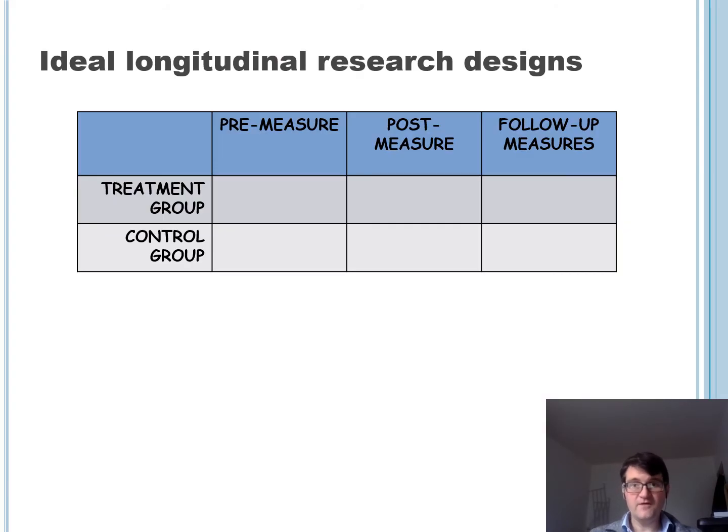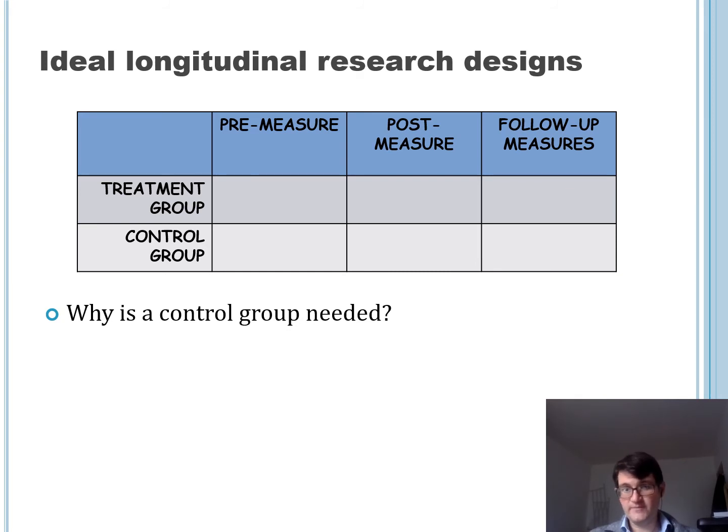And here's, again, the basic idea that we got ideal longitudinal research designs, that we want a pre-measure, a post-measure, and follow-up measures for both a treatment and a control group. Why is the control group needed? Again, otherwise we can even see differences between the pre and post measure for the treatment group, but we don't know if it's really our intervention that had an effect. So for instance,